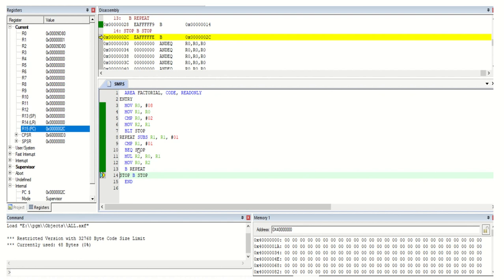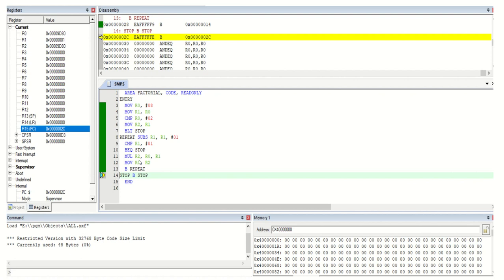If it is not equal, go to the next instruction, that is the multiply instruction. The multiply instruction will multiply your two numbers. Which numbers? One is R0, that is 8, and another is R1, that is 7. 8 into 7. The answer is stored in R2. And again that answer is loaded in R0.